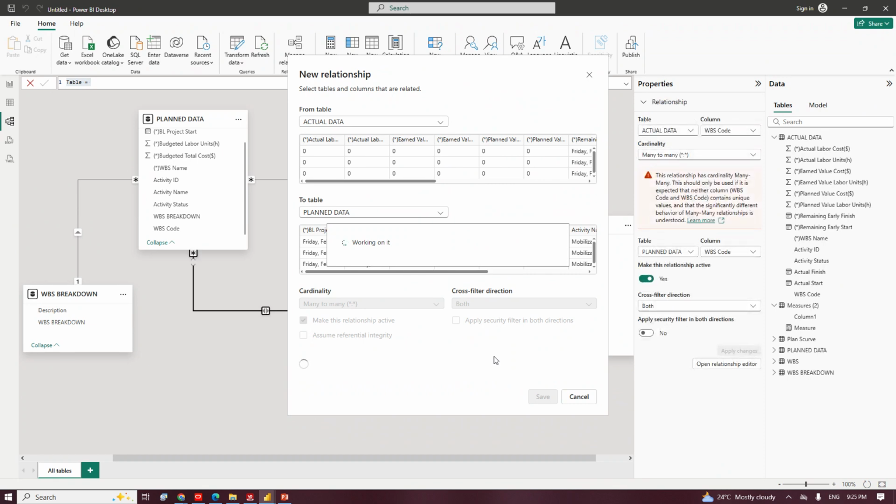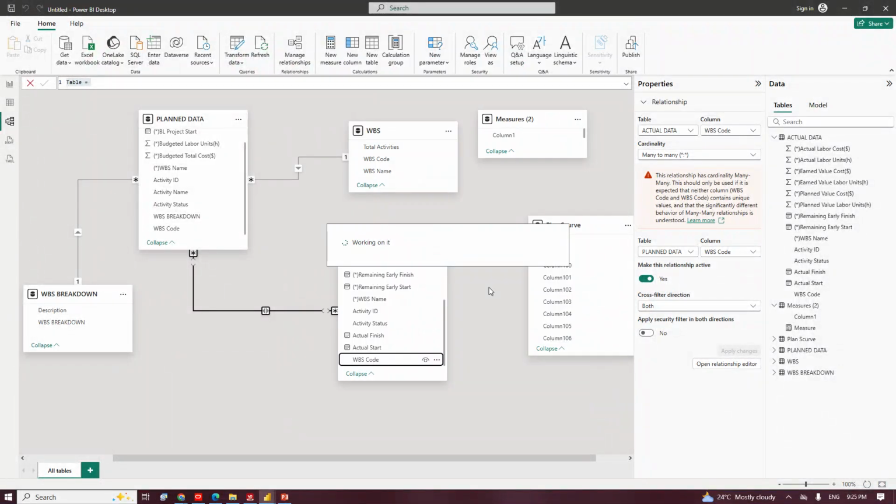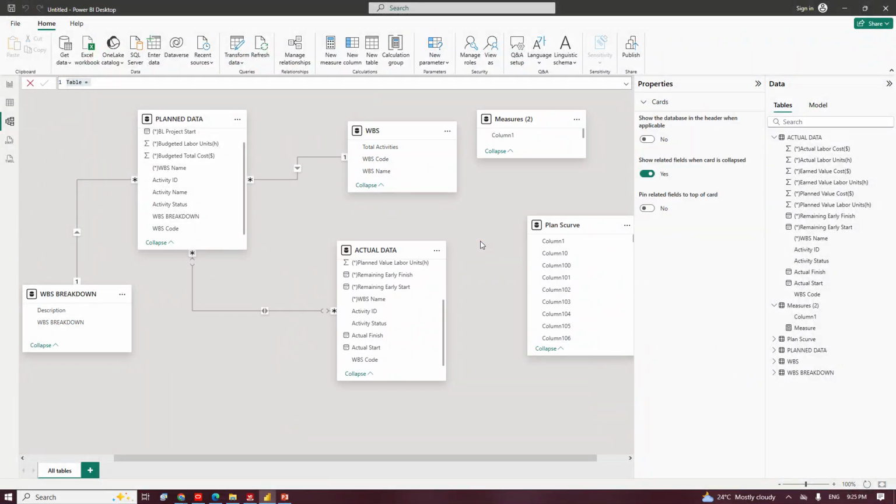Let's see whether it will work. Let me see whether this will work. But if it will not work, I will link it to the... okay, so it's working. It's working. But let me just go back to the